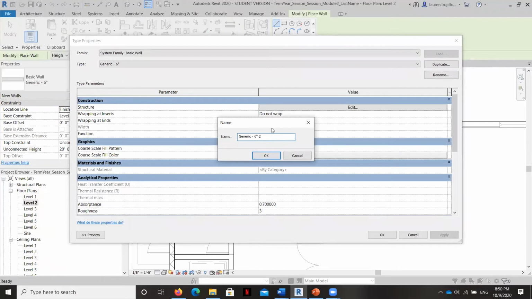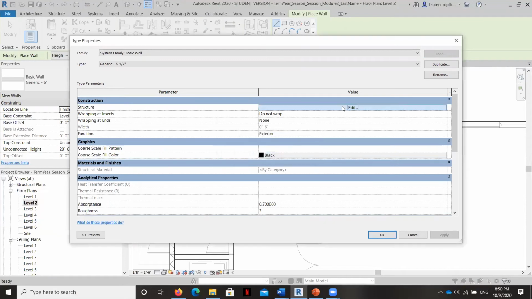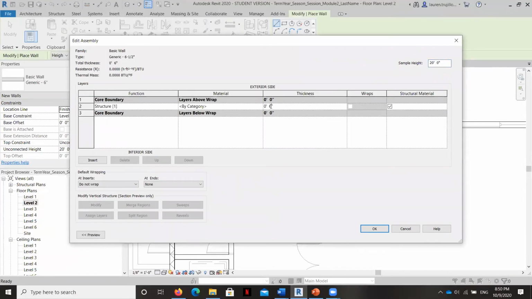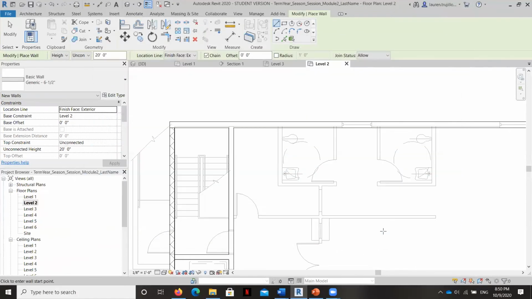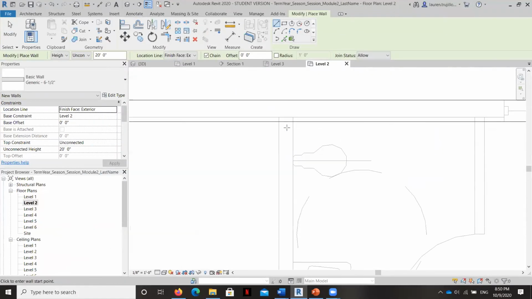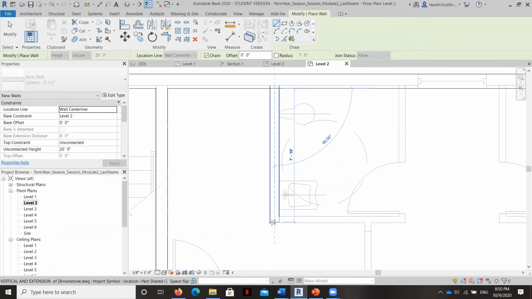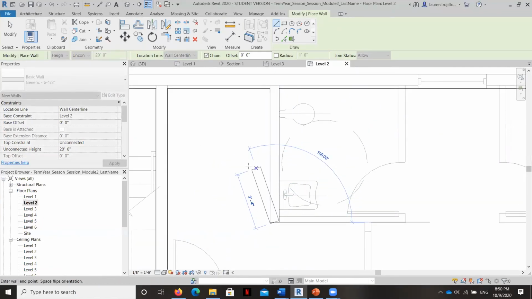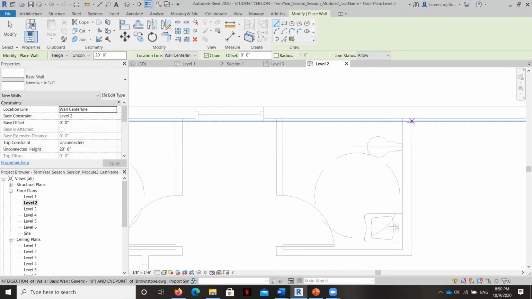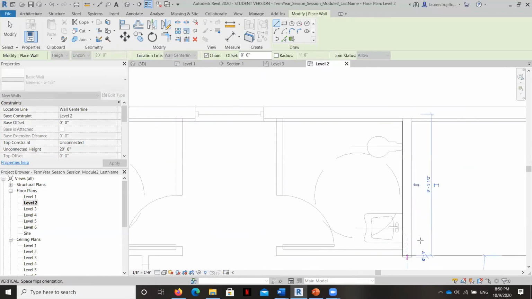So I'm creating a 6.5 inch thick wall. And I'm hitting escape to release the wall drawing function.